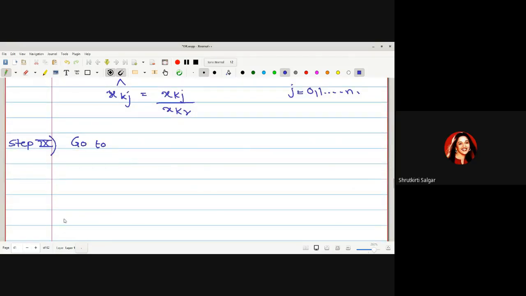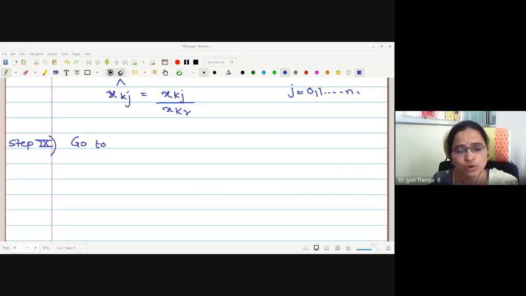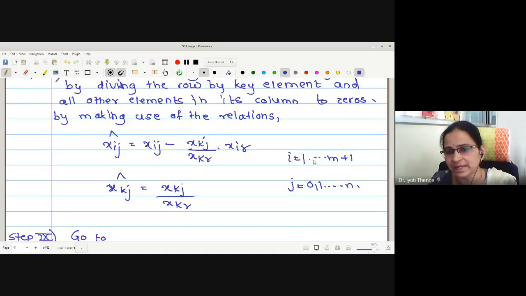Yes, ma'am, in the condition of Ij, the total elements are n plus 1 only, na? No, these are not those values actually. These are the formulas which are used for converting these values. I will explain this while giving the table. Without the table, it is somewhat difficult to understand. That is what I told you. I'll just try to plot the table and I can tell you.